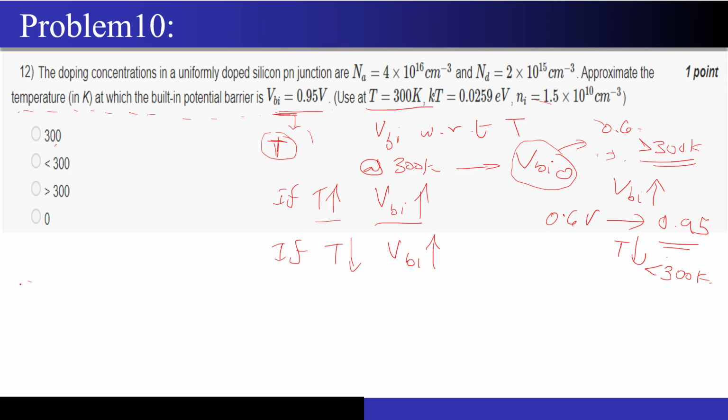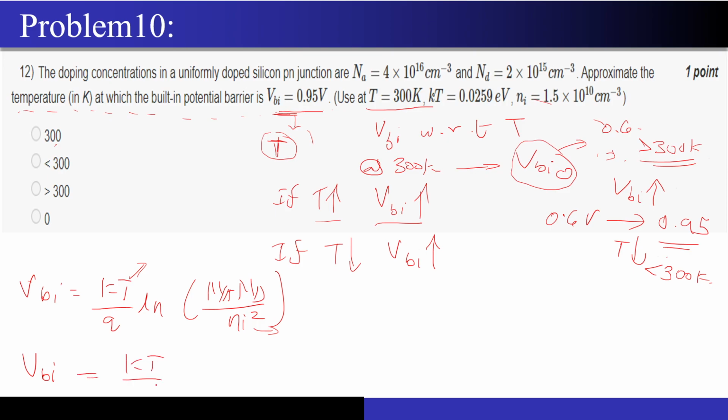So now first let's write the equation of VBI. It is nothing but kT by q ln of NaNd upon Ni square. Now we have two terms varying with the temperature. This T is there and this Ni is also there. So now I will write the expression for Ni, because Ni also has a temperature dependence, so we have to quantify it. So ln of NaNd, what was the expression for Ni square? NcNv into exponential of minus Eg by kT. This is the expression for Ni square.